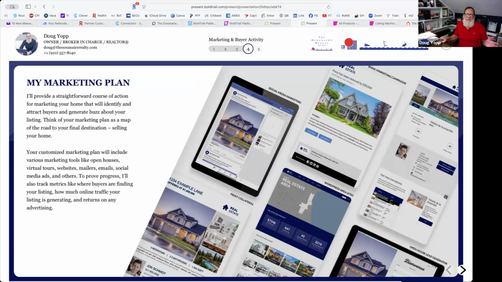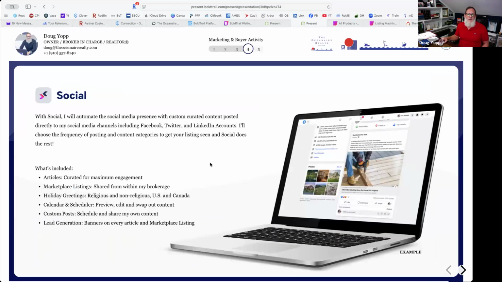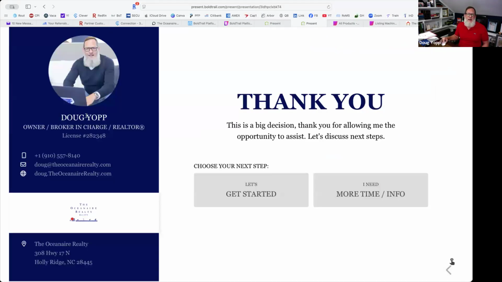Our social media guide pushes it all out on a weekly basis, etc. This is the property boost. So if you want to do your own boost of the properties, you can go in and link your information and do that. Social media, of course, we're going to push it out on a regular basis. And then you can link things here